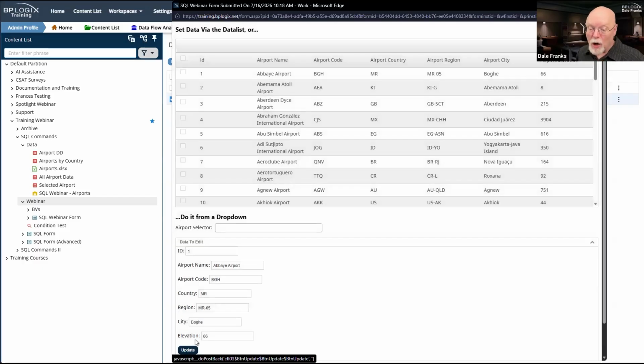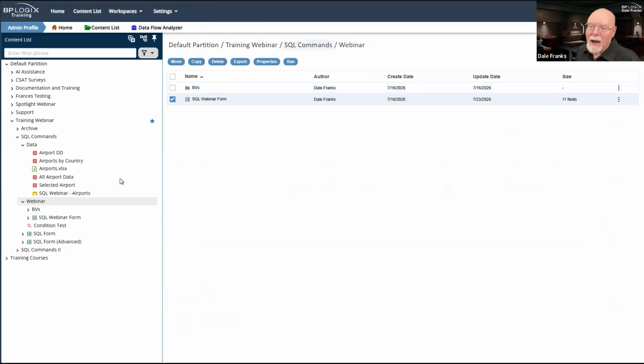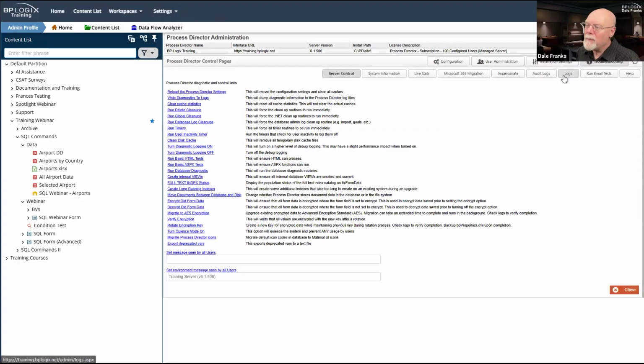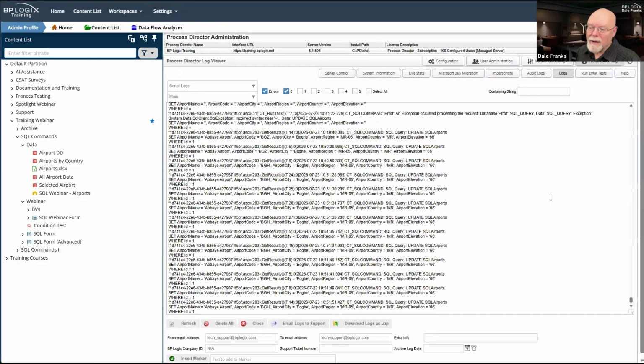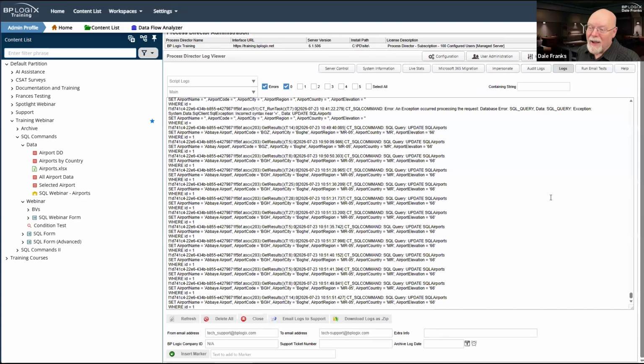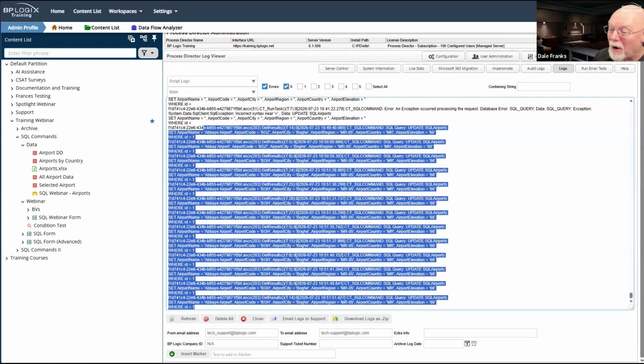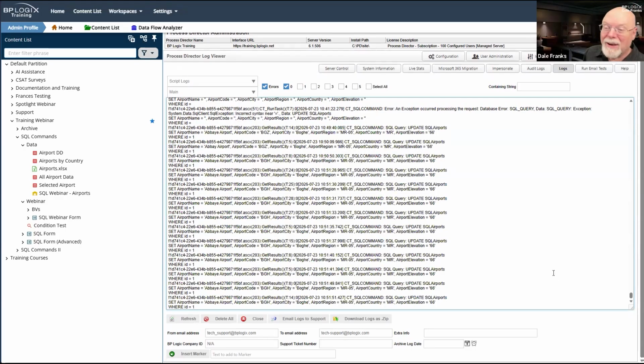It doesn't look like it because we haven't actually changed any of the data, so everything looks fine. But clicking this update button is making a database call to Process Director. And if, again, I go back to troubleshooting and I go back to my logs, it keeps sending that SQL statement over and over again back to the system.